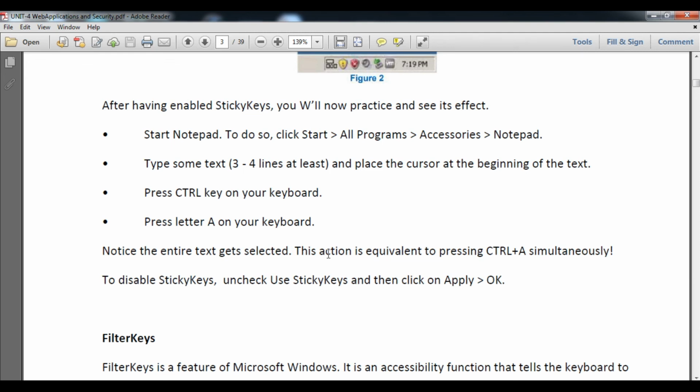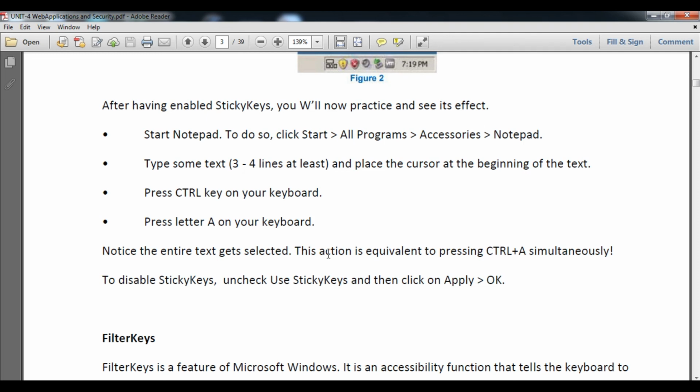So it means you do not need to press Control and A together if you have already enabled Sticky Keys. You can press the Control key once and then A after that, and the computer will consider you are pressing Control and A together.